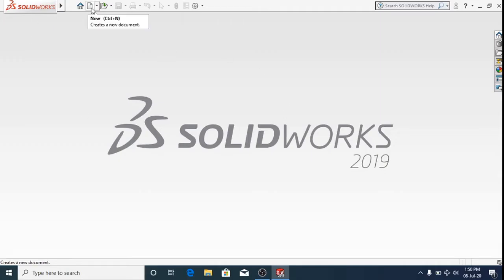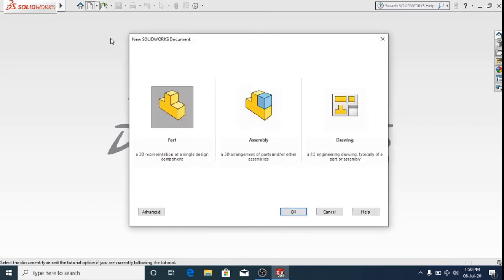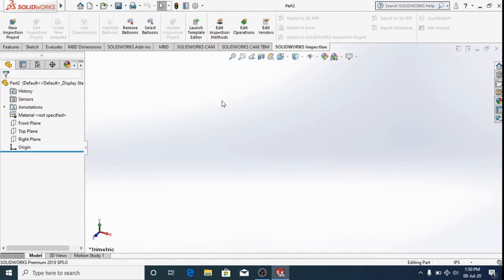When I click on the new document or new file, it will have this dialog box which represents part, assembly and drawing. A part is something with which we make a solid part, an assembly is a combination of two or more solid parts, and a drawing is something which we can use to depict these 3D structures on 2D paper at whichever scale we want. So I'm going to choose part. This is how the interface looks. So let's go for the basic sketch features.